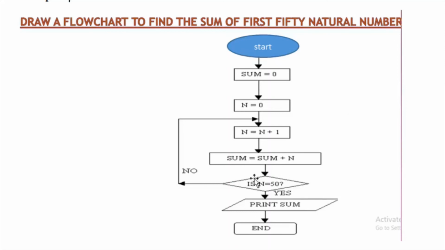Now this condition, if n is equal to 50, it means the problem is that you find the sum of the first 50 numbers. So if n is equal to 50, yes, print the sum. If n is not 50, again go and increment, that is, if it is 4, increment 1 means add 1, that is the next number, then add them and then check. If n is equal to 50, why are we checking for 50? Because the question is that you have to find the sum of the first 50 natural numbers. So if the condition is true, you will come out of all this procedure, print the sum and end. If n is not equal to 50, then you will go again, find the sum and so on.